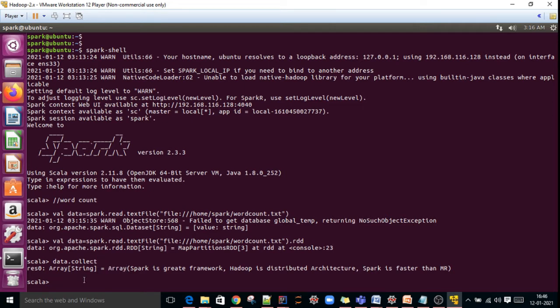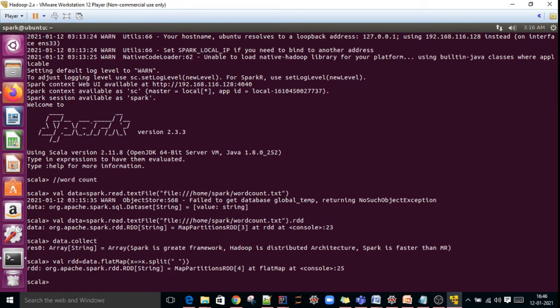Next step, val rdd equal to data.flatMap, where we apply flatMap of x such that x.split by space. This is the second step.